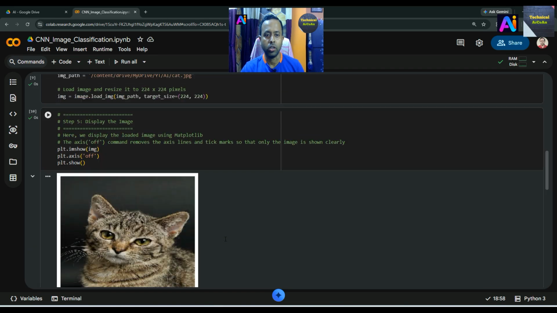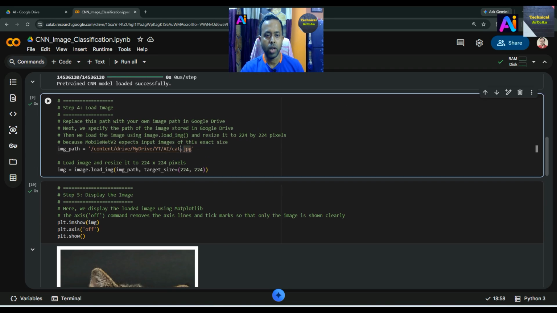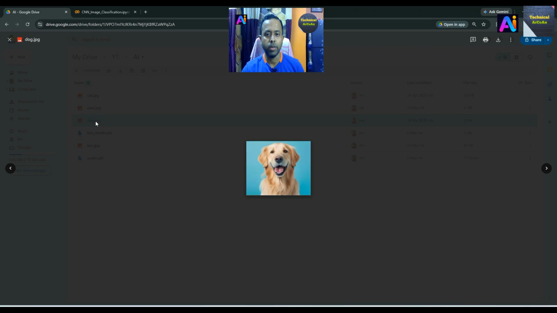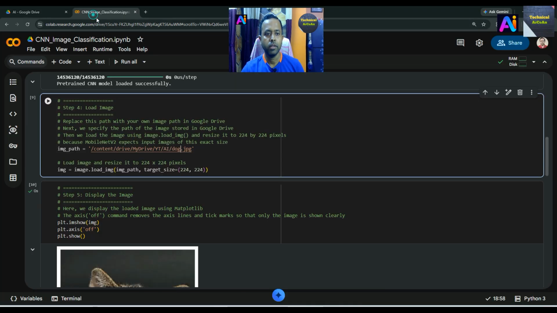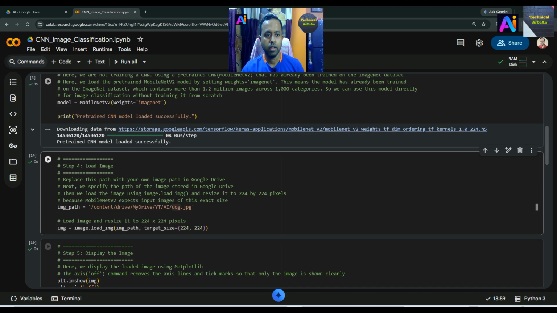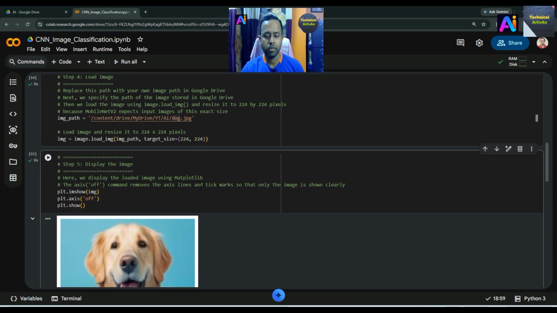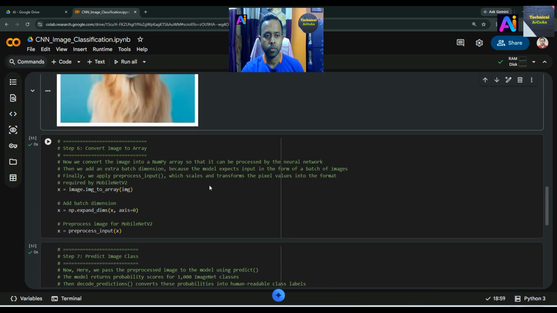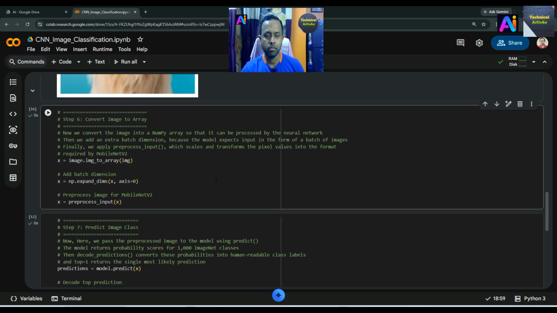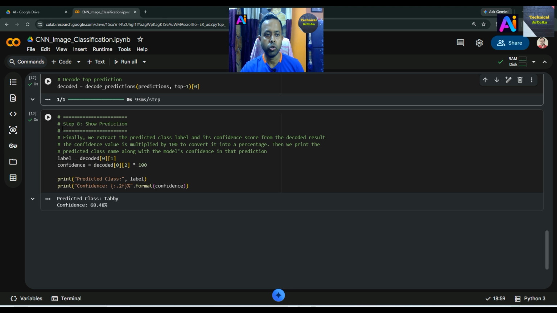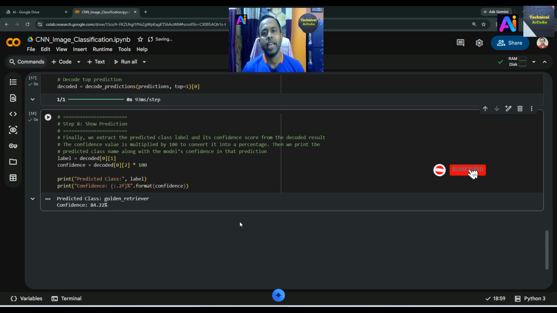Now go for the dog. There is a dog image given also. So now we choose the dog image because there is a dog file there. This is a dog image. In the same way we just run it. Yes, successfully done. Now display the image. Yes, it's a dog image. Convert image to array, done. Predict image class, done. Now show the predictions. Yes, it's a golden retriever and confidence is